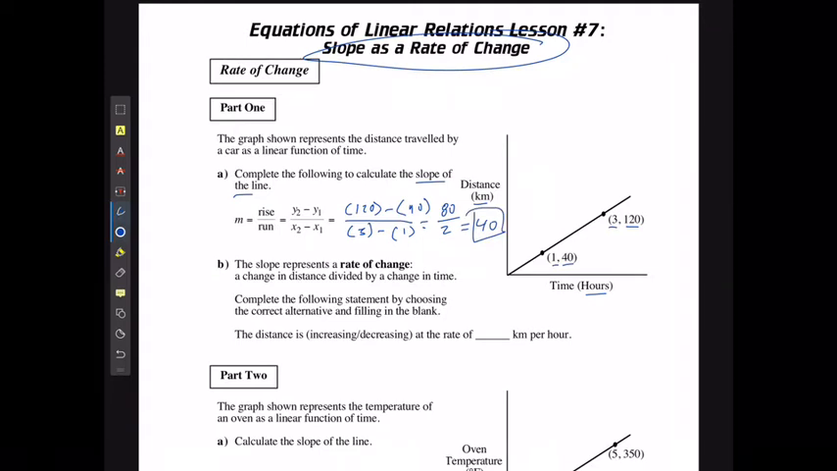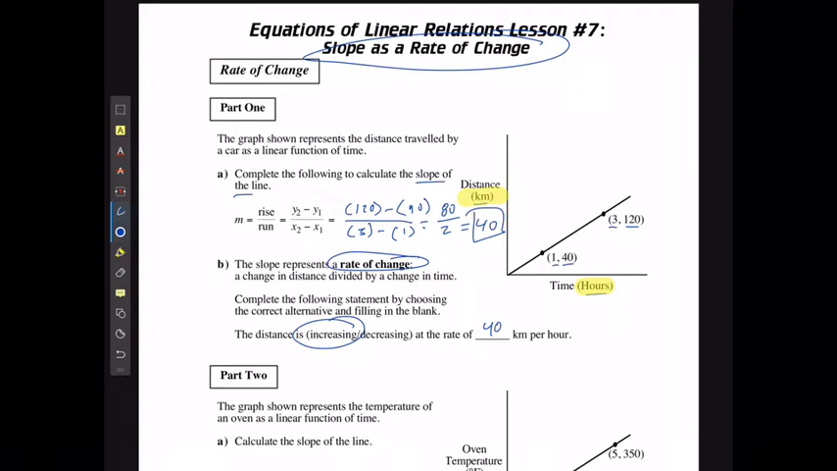If I'm talking about rate of change, a change in distance divided by a change in time, all rate of change is doing is giving us units, which we can see here and here. It was our kilometers and hours. So if I'm going to take my slope and put it into a rate of change, I'm just going to say that the distance is, in this case, because it's got a positive slope, increasing at a rate of 40